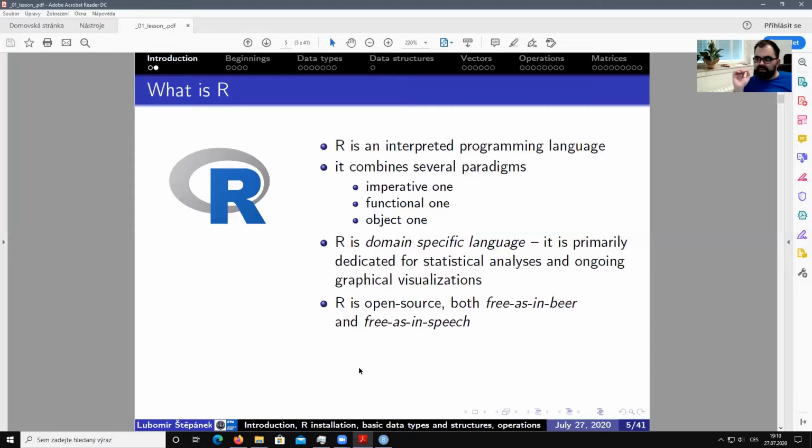What is a very pleasant fact about R is that it's both free as in beer and free as in speech. I'm going to explain it. Free as in beer means that it costs absolutely zero. So feel free to download it. There's no charge. It costs $0, absolutely nothing. And the second term, free as in speech, means that